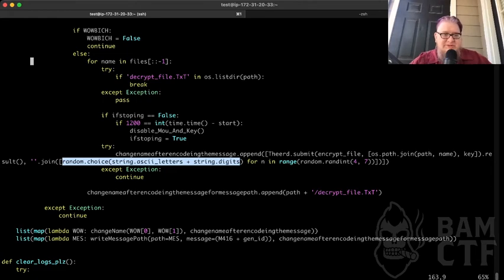This is where it's actually changing the name of the file. With other things, you'll see a .crypt or something at the end, and there is a check to see if it's a .crypt, then we know we've already encrypted it, so we don't double encrypt it. Again, if you end up double or triple or quadruple encrypting a file, it's going to be a lot harder